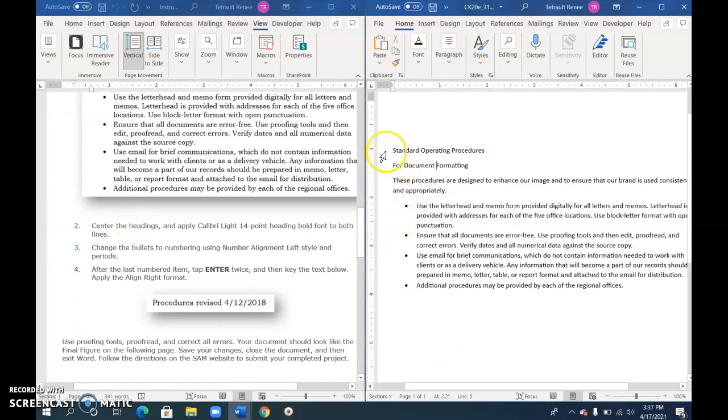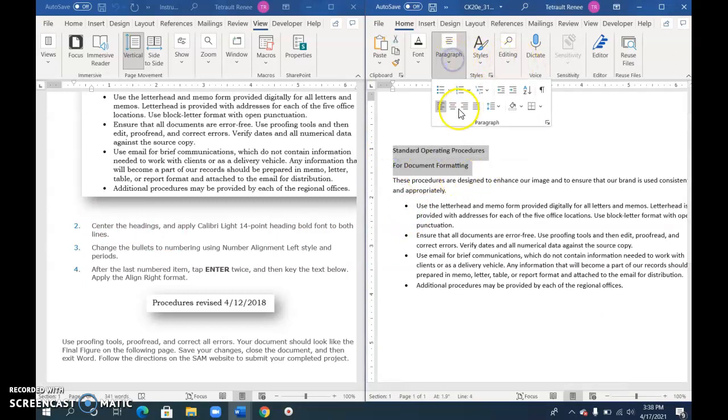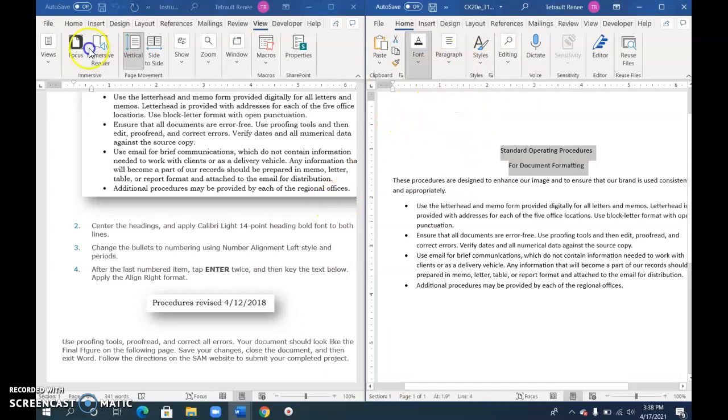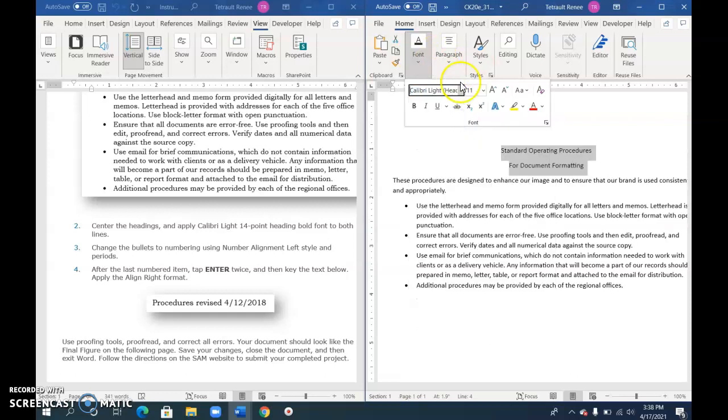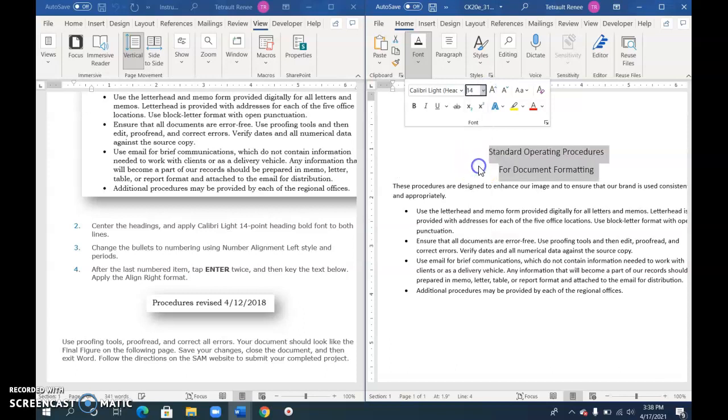So for step 2, I'm going to select both the main heading and the second line heading, the subheading, and both of them will be centered. So I'll choose center. And then the font type will be Calibri Light. It might be in your recent fonts, and then change the font size to 14 and bold. Then the bulleted list,